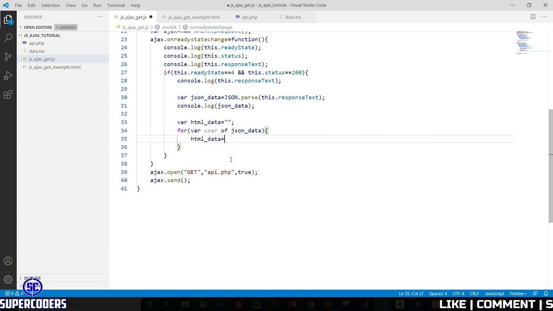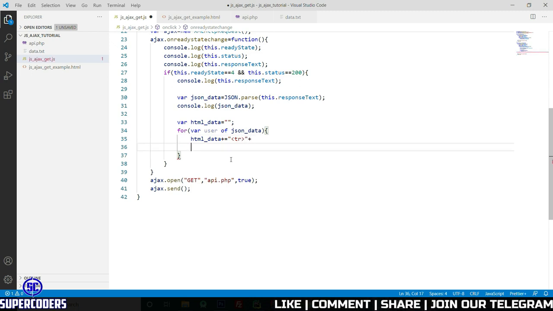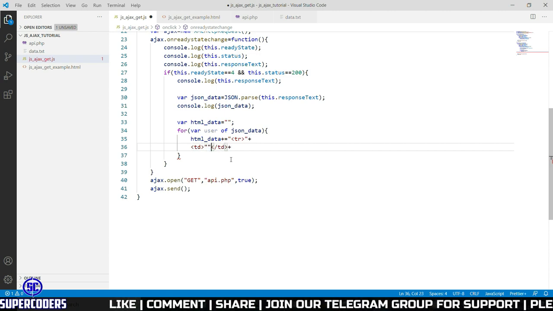Then HTML data plus equals tr, plus td, and here passing first.